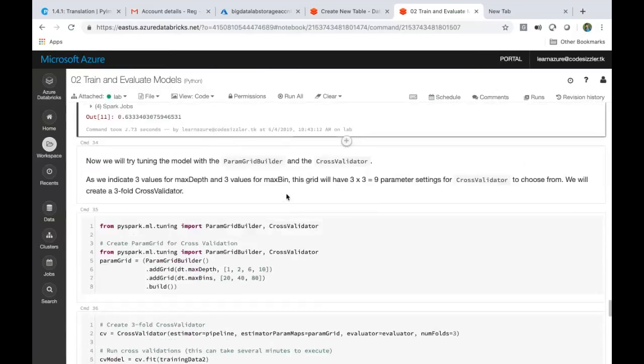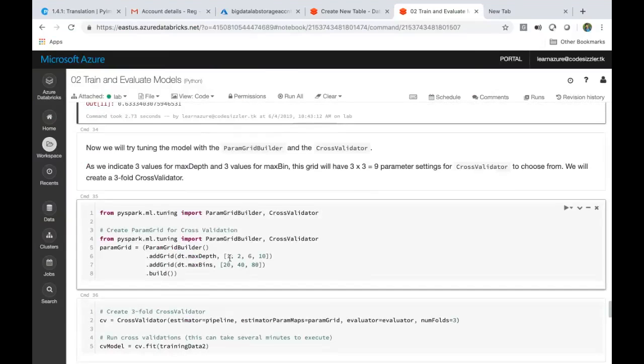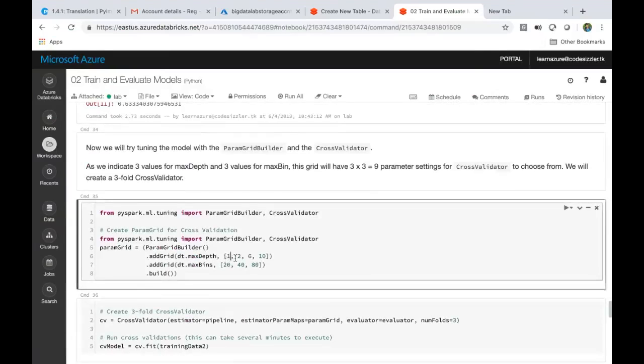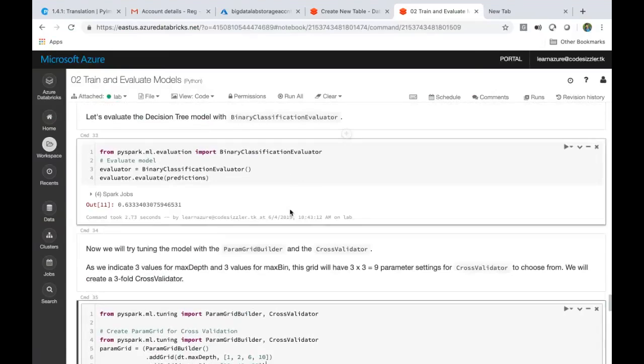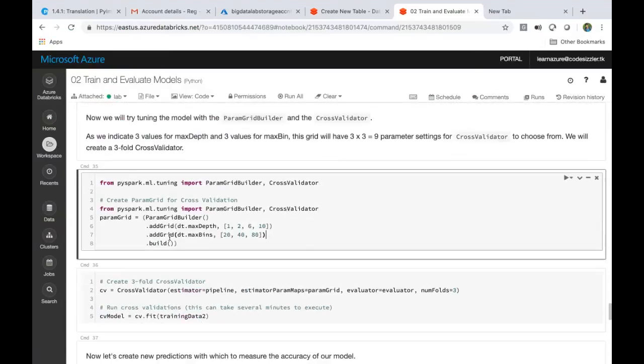Change the depth; first I'll give it as 1. Max depth is equal to 1 here. Max depth is equal to 2, 6, 10. And bins are nothing but, again, parameters, kind of root nodes we call it. So we are giving that also here. These are all nothing but hyper tuning parameters for your classification algorithm. So I'm doing all these things. I'm creating a grid of it.